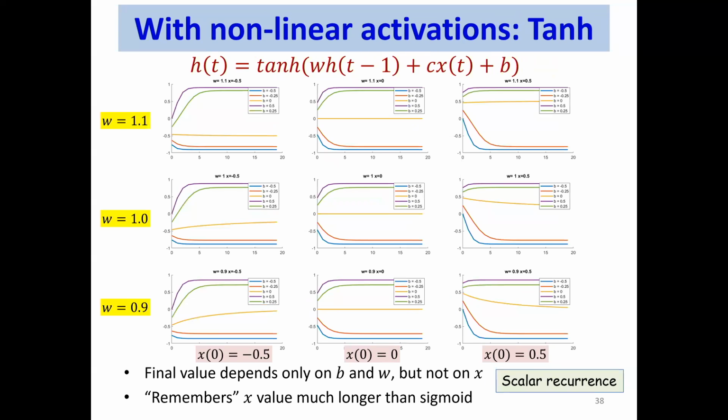And if I do it with a tanh activation function, you get very similar behavior, except that it takes slightly longer to get to this point of no memory. So in recurrent neural networks, you almost always use tanh activation functions in the recurrent layer. Why? Because the tanh remembers things for slightly longer than a sigmoid. That's why you use tanh activations in the recurrent layer, okay?